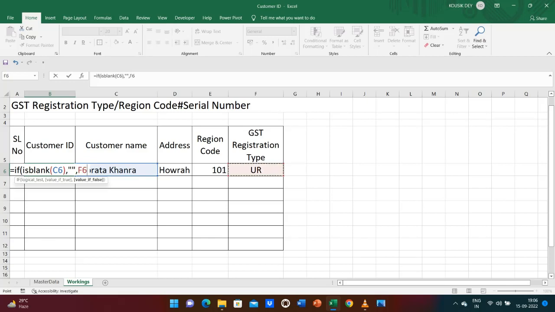Select the registration type, then ampersand, followed by one separator, that is slash, then again ampersand, then what? Region code. Select the region code, again ampersand, followed by one separator, that is hash,